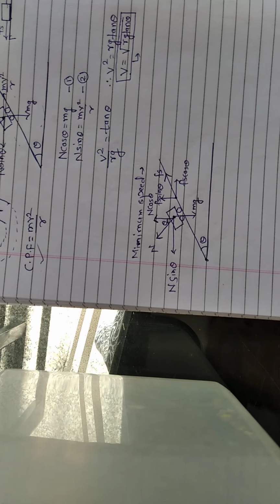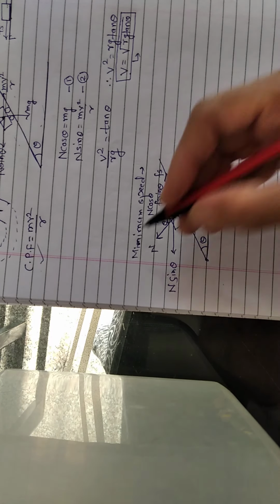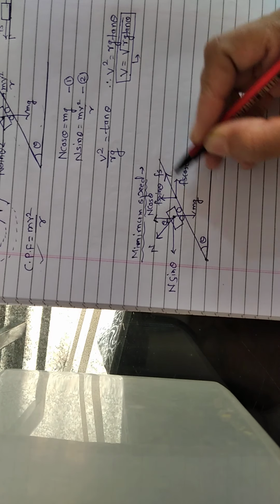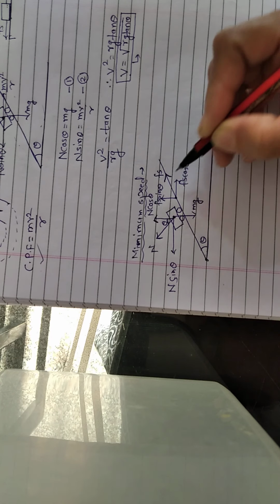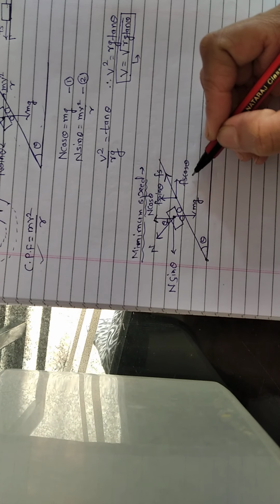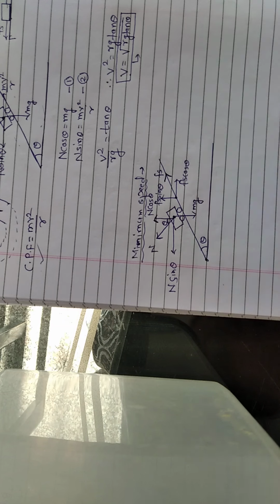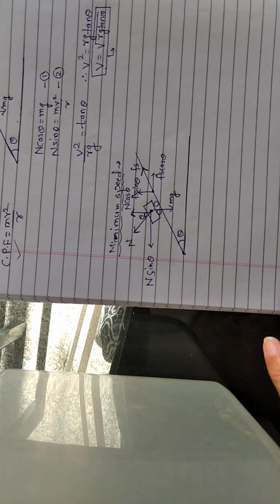Okay, if we try to learn it by heart, it's very hard. So don't try to learn by heart. By understanding only you have to draw the figure. कैसे draw किया? Fs is away from the center, that means it is in the upward direction. That can be resolved into two components, Fs cos theta and Fs sine theta. समझ में आया? Yes.